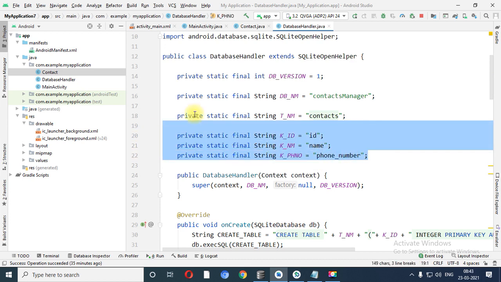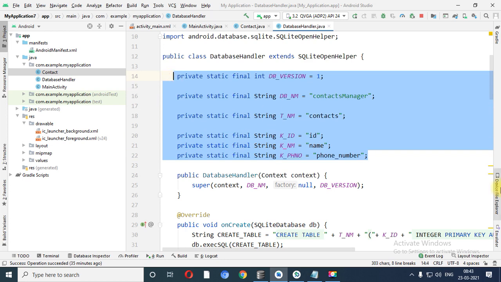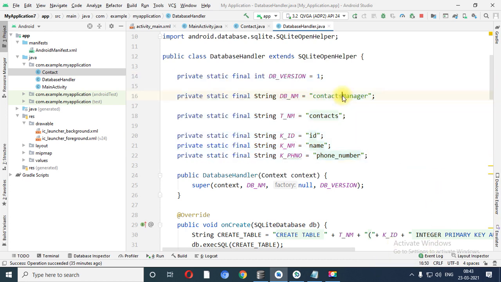So over here in the handler file there are variables I have declared. Why? Because every time instead of contact manager I can use db underscore name.